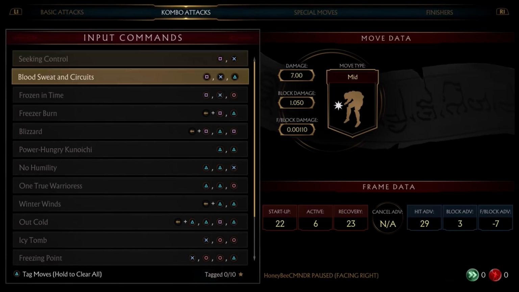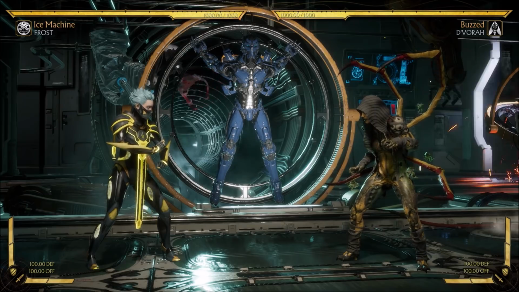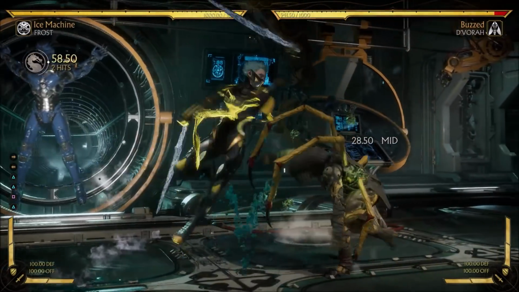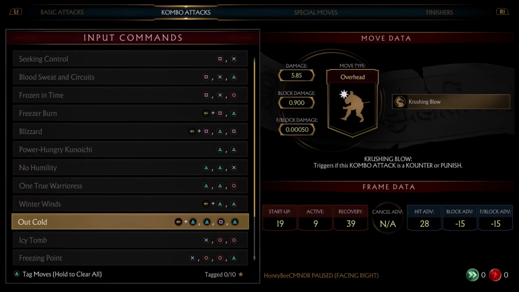Now let's look at some of her combo attacks. Some of her combo attacks that you're going to want to be using a lot are her back 2, because it has really good range on it, and you can do back 2-2-1-2. Now the thing about back 2-2-1-2 is that it is negative 15 on block, so it is very punishable, and